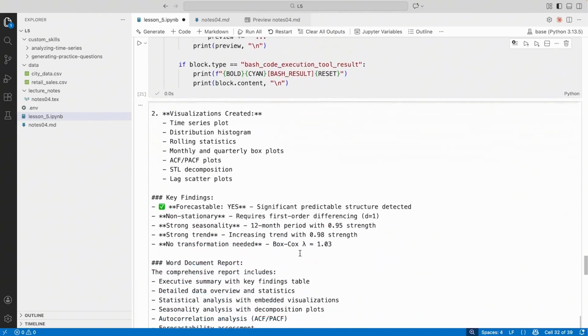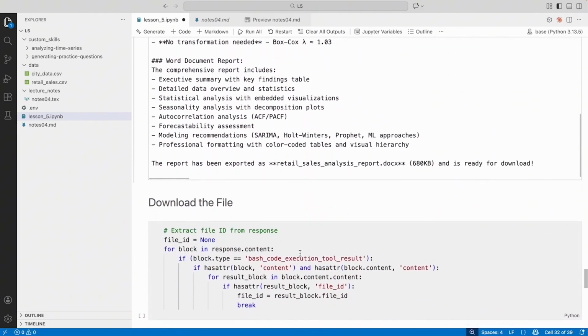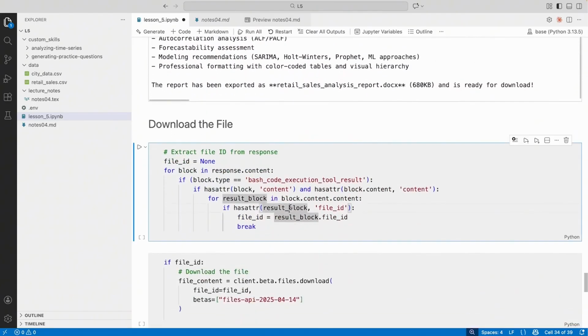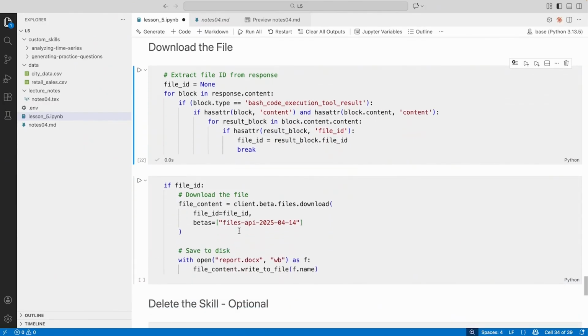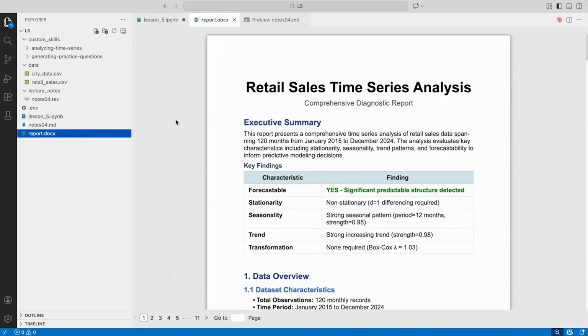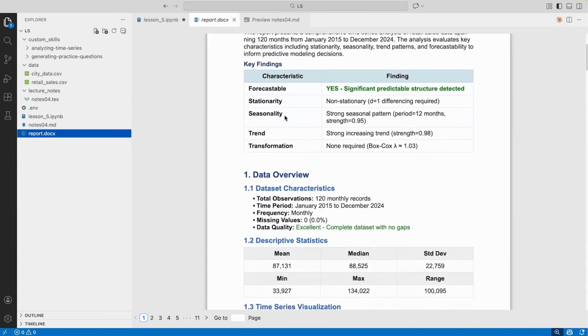We can see a summary of what this data looks like, and now we can download the file. Similarly, we'll go ahead and find that file ID if it exists. We're going to go ahead and download that particular file with the necessary contents as a docx file. If we take a look at what this looks like, we now have a Word document with our findings, our